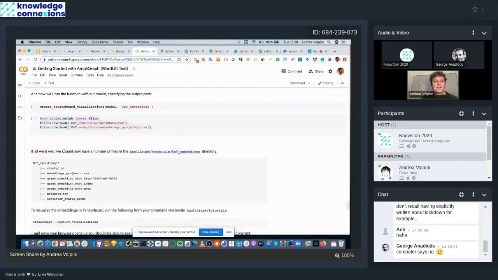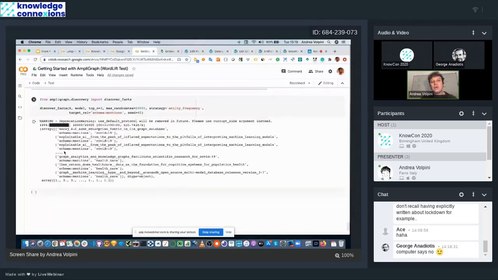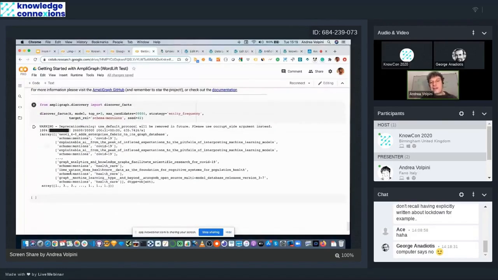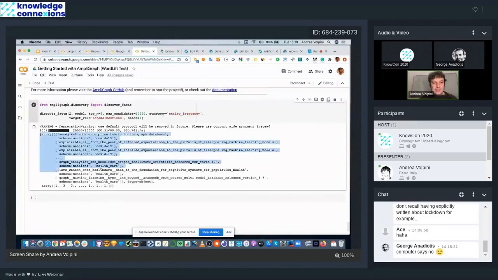You can visualize the embeddings, which is what I just showed you. But you can also use it, for instance, for discovering facts that you don't have. Here you can see that there is an article about IBM Watson that has to do with cognitive systems for population health, and the embeddings are helping me by recommending to annotate it with healthcare. So I can use the embeddings, once I've done the first annotation, to suggest to the editors annotations that might be added